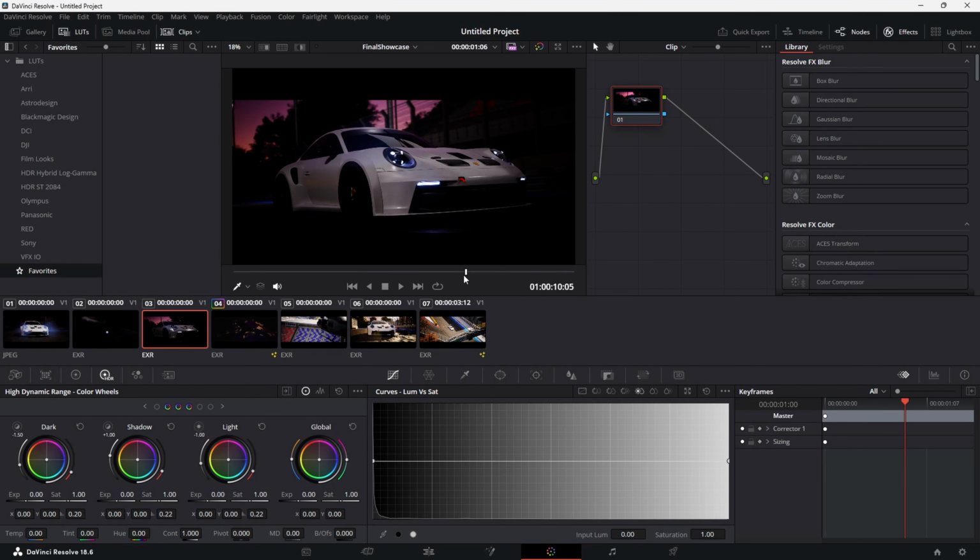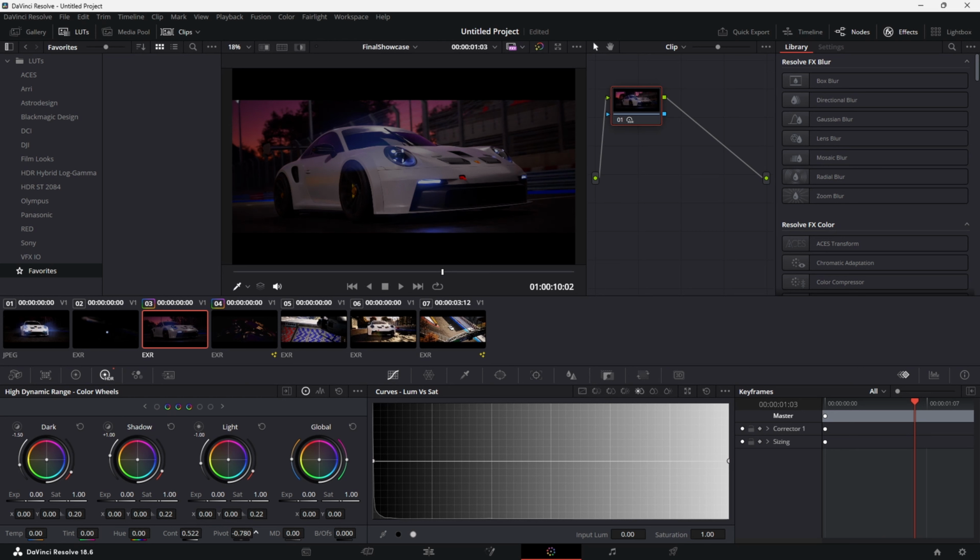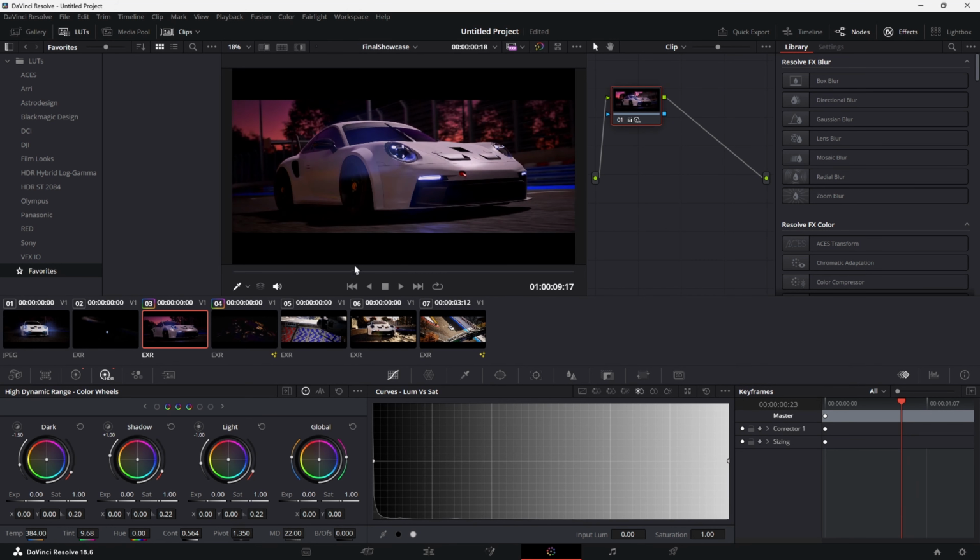As you can see, this shot is quite dark, especially on the edges where the wheels are rotating. Let me repeat the same process. I'm gonna go just a bit tiny, and there we go. Let's also make it a little bit more interesting with some tint. I'm gonna maybe raise the temperature slightly. That gives you a very cool vibe to this scene as well. So now if I play it,